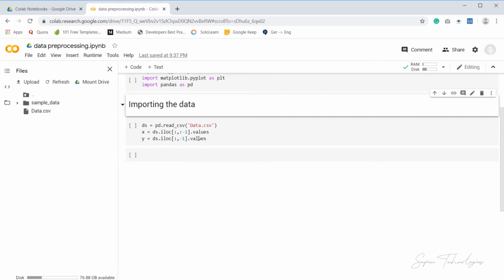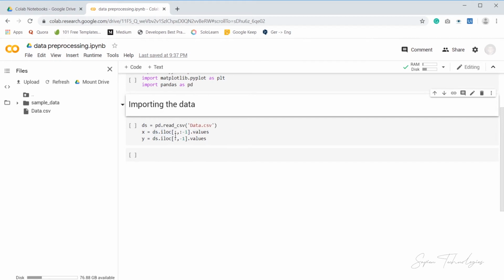We are going to import that using a pandas function, that is read_csv, which will be loaded into the dataset. So later we can extract data frames from ds. So here it is shown how we are going to do that. X is equal to ds.iloc. iloc is a function which is going to return two things. It is going to return a pandas series or a pandas data frame.